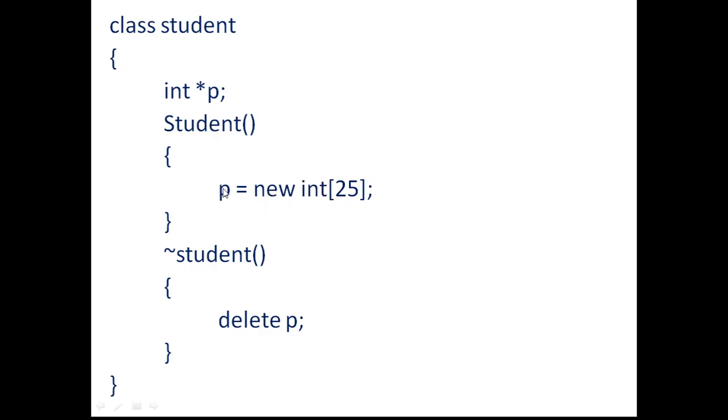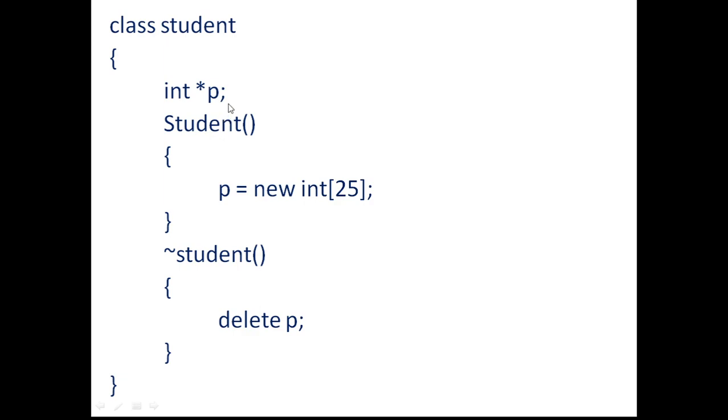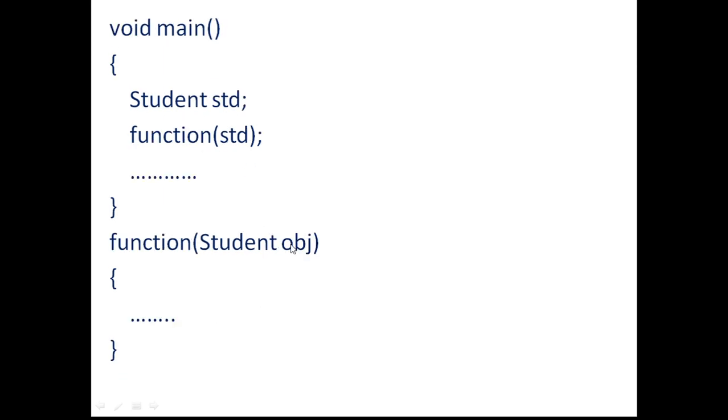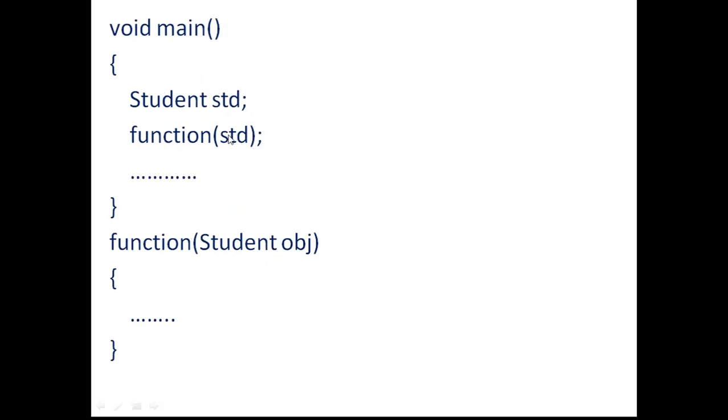So once again, the P belonging to the new object, remember std has its own P and obj has its own P, because all the object's class members are separately available inside each object. So P will be separately available in both obj and std. But the problem is that both P's will be pointing to the same set of memory locations. That is the problem. So the constructor gets called, and the P part of obj is linked to the same memory location of std also.